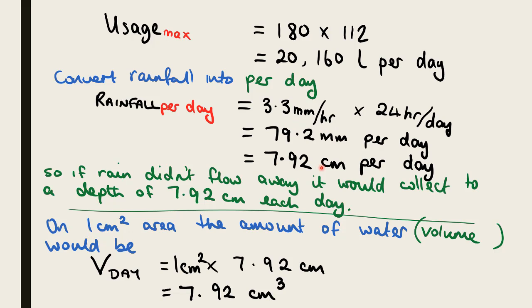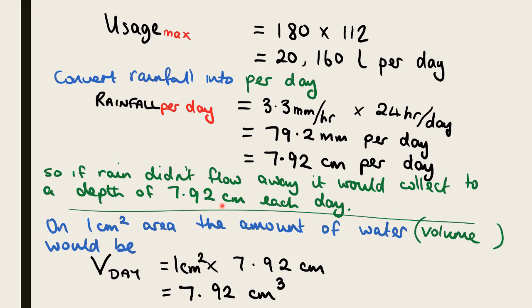Now I've converted, look here, centimeters. The reason why I'm going towards centimeters is I know that centimeters cubed is very useful. 7.92 centimeters, so I moved the decimal place 1 because I did a divide by 10 because there's 10 millimeters in a centimeter. So if the rain didn't flow away and all collected on the panel, it would collect to a depth of 7.92 centimeters each day. Now we know it flows away, but if it did collect, it would end up being